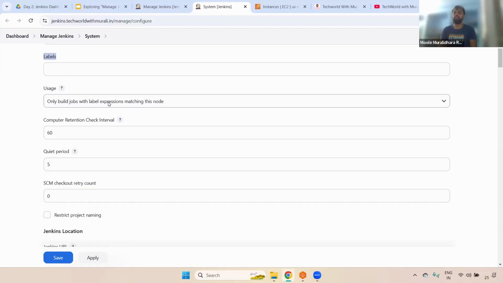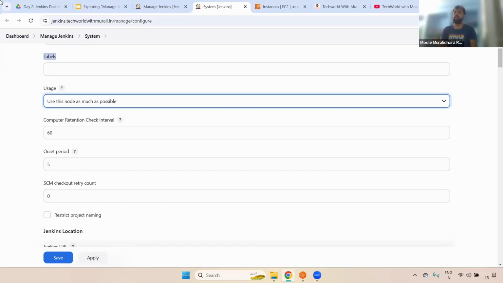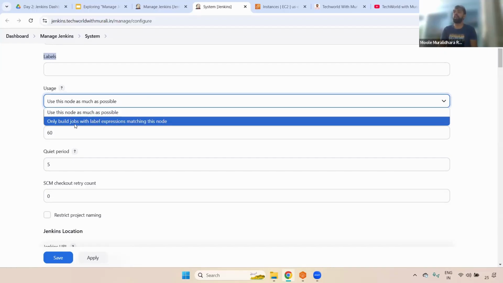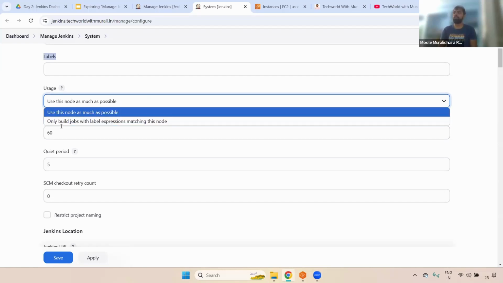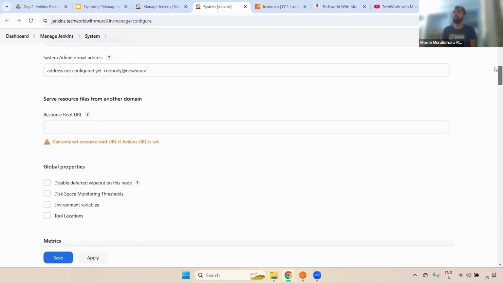Run the Jenkins job. Remember one thing, for the master, we always recommend to use this node as much as possible only. When it comes to the slave nodes, we always recommend selecting only build jobs with label expression. Okay, fine. Now you can come here, and if you want to set up anything, these are